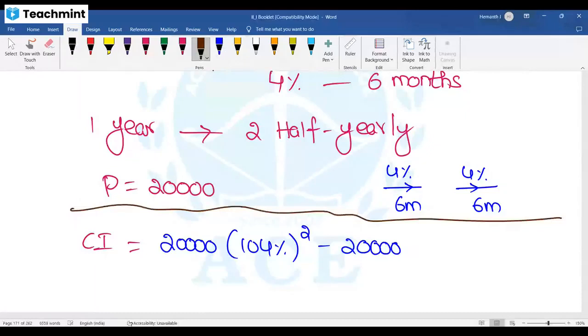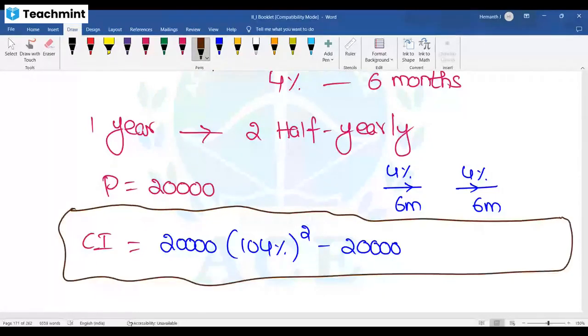Sir, what is that 104%? Interest will increase your amount or decrease your amount? Because of interest, the amount will increase. 4% increase, 4% profit means 104%. Interest is nothing but it is giving profit for you. In the profit and loss topic we discussed, 10% profit means 110%, 5% profit means 105%, like that. Here 4% profit, so 104. How many times are you applying 4%? For 6 months, 4%. Next 6 months also.